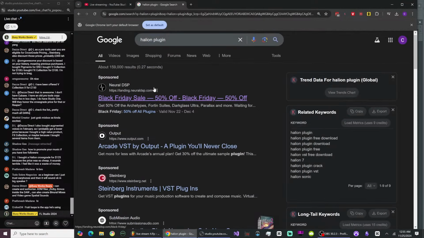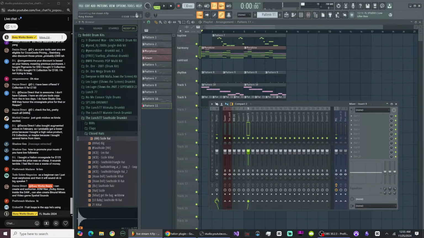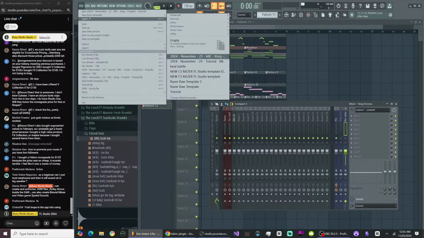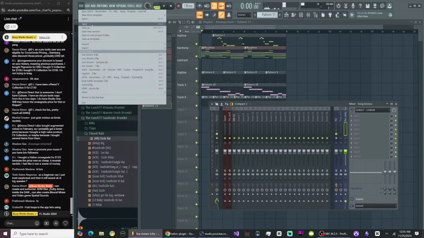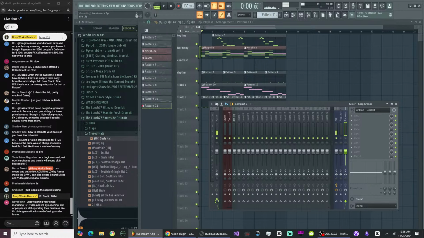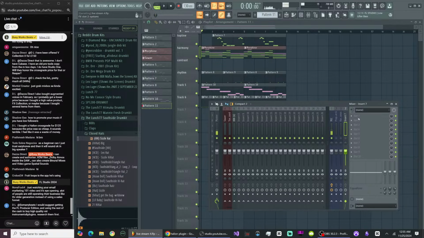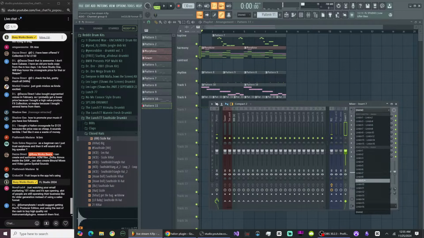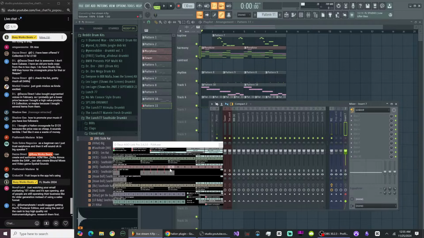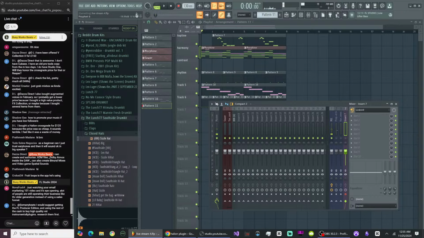Now, one plugin I'm super about to get is this Neural DSP. When you guys hear this, oh wait, I don't have my thing. Hold up, let me think of a process. Okay, so let's mute this track. I think it's channel 9. Gotta save this profile. So this should be, yeah, okay, that's my electric guitar.